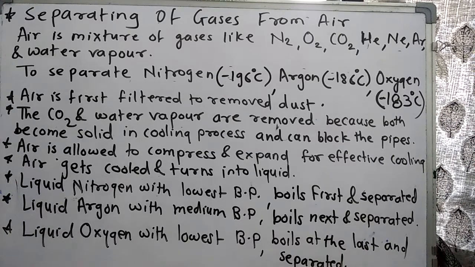Now the gases are present in the gaseous state, but we cannot directly separate them from the gaseous state. So first of all, as they are in the gaseous state, we have to convert them into the liquid state. When they go into the liquid state, then we have to boil, and we have to separate them one by one. Okay, now they are present in the mixture form, so we cannot directly separate them. So we will liquefy them and again boil them.